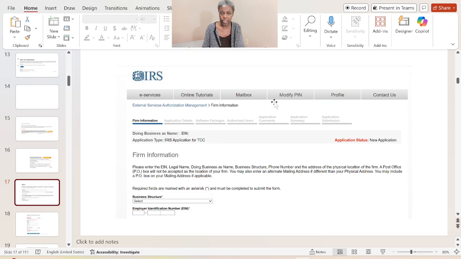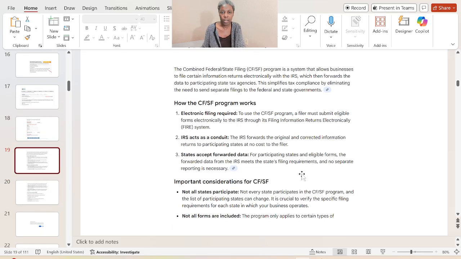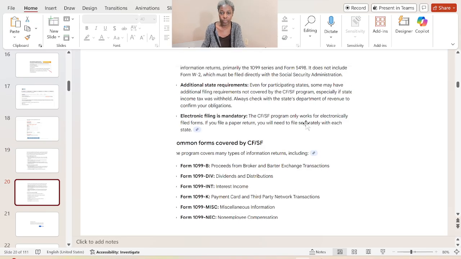And then the next page is going to ask for your business EIN and you will put those in. You will put your business information in, all of it. As we go in, we can just answer those questions that will come to my mind as well. But again, those are things you will come across as you are doing it. It's pretty much telling you those different types of 1099s,